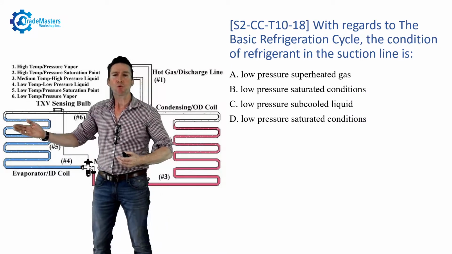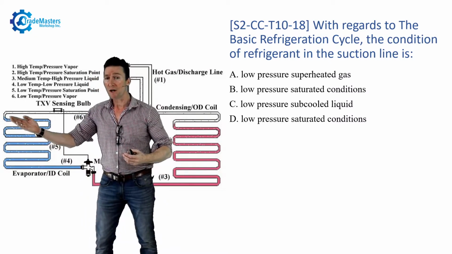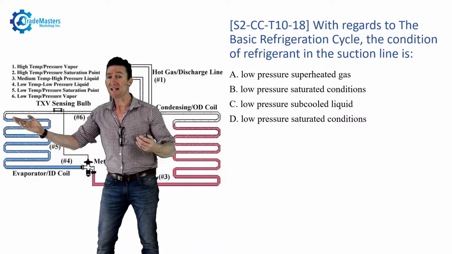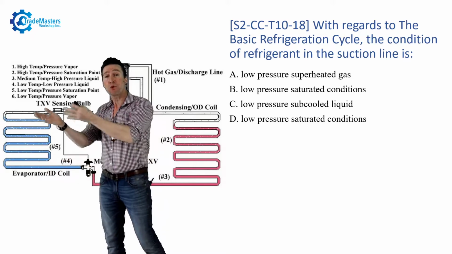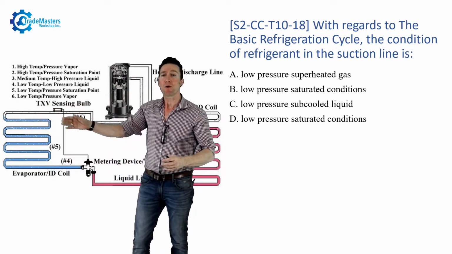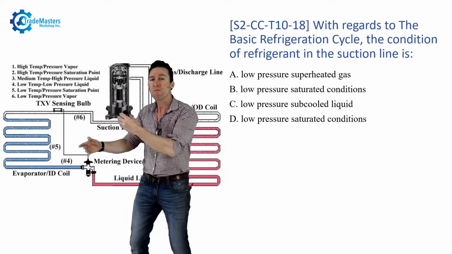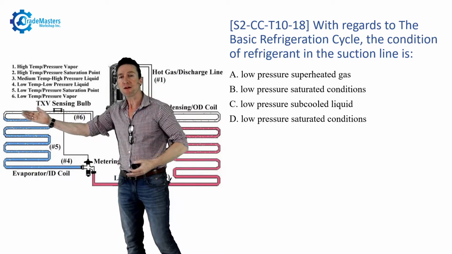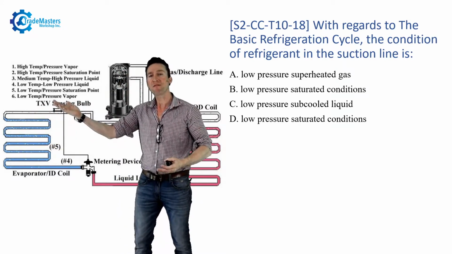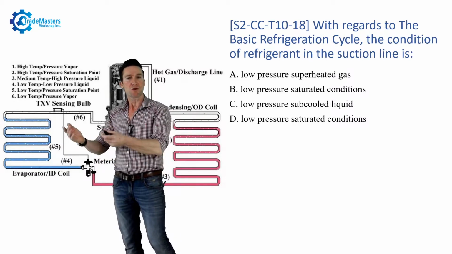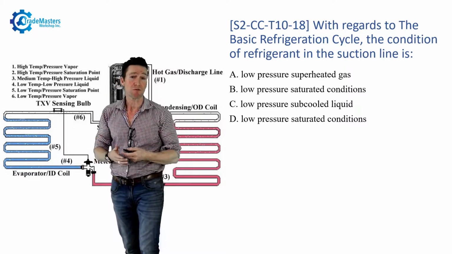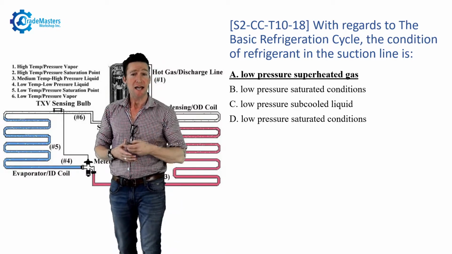So, if we're leaving the evaporator in a 100% gas state, and the gas itself is still cooler than the air blowing across that line, then when it enters the suction line, it would have picked up a little extra heat and therefore superheated the gas above the temperature of your boiling point or evaporation temperature. So the answer to the question about the state of the refrigerant in the suction line is A, it's a